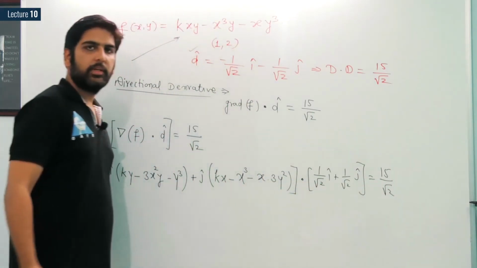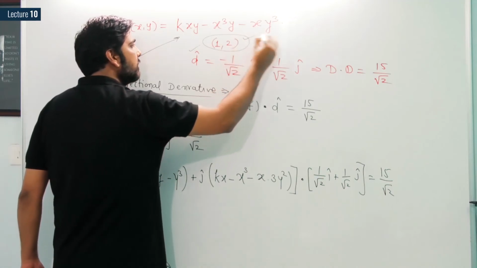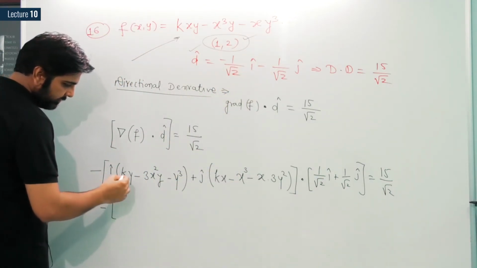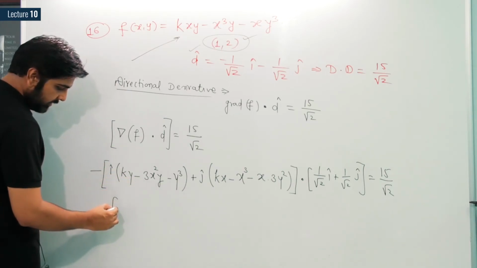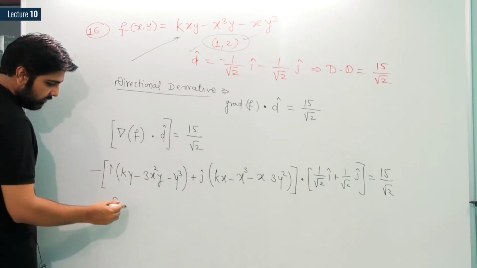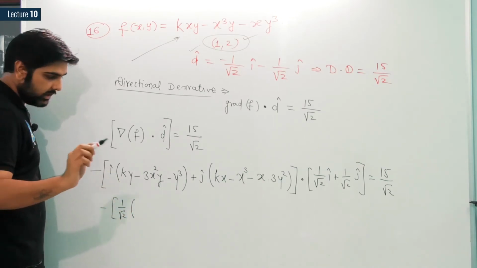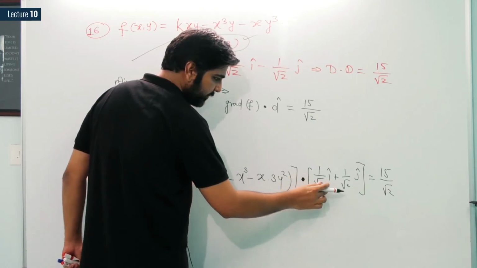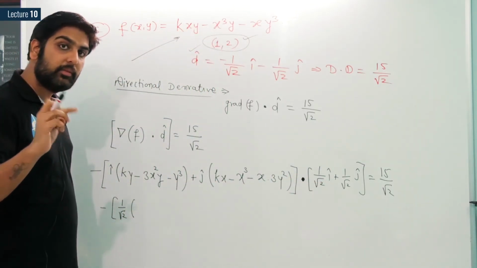Now dear students, we need to solve where x and y is nothing but 1 and 2. Fine. So if I am having here 1 and 2, x and y as 1 and 2, so this is what? i cap multiplied with this. So I am having 1 upon under root 2, and simultaneously, see, I am having the dot product. So 1 by 2 with this, and simultaneously I am putting 1 and 2.